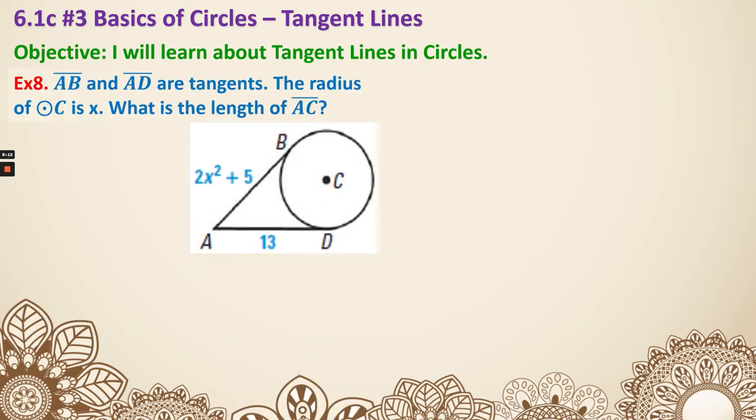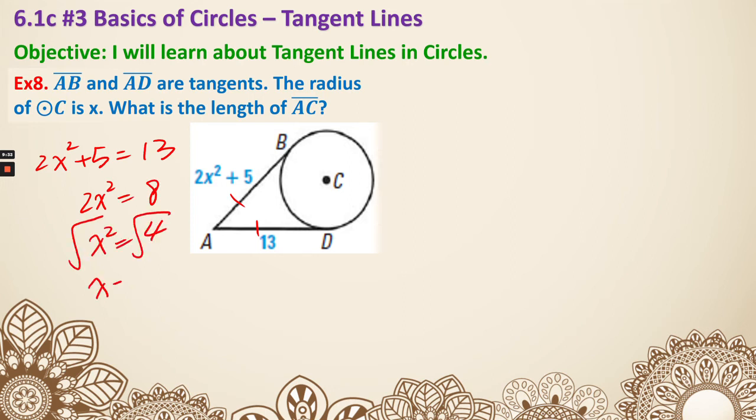Next, example 8. Same idea. These 2 portions are the same. So 2x squared plus 5 equals 13. We just need to subtract both sides by 5. There's nothing else. We just need to get the square by itself. So 2x squared equals 8. Divide both sides by 2. X squared equals 4. Square root both sides. X is 2. But it's actually asking for AC,